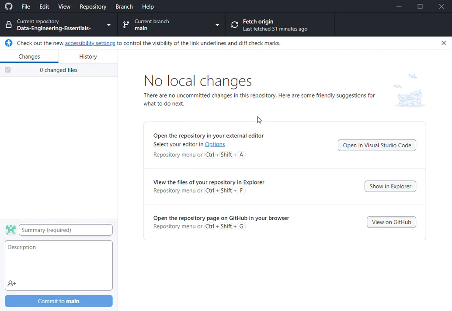So forget about all these things. We just start by opening the repository in your external editor, that is, you open it in Visual Studio Code. It will directly plug our GitHub into Visual Studio Code. So open Visual Studio Code. As you can see, it is automatically plugged in and opened. So click,